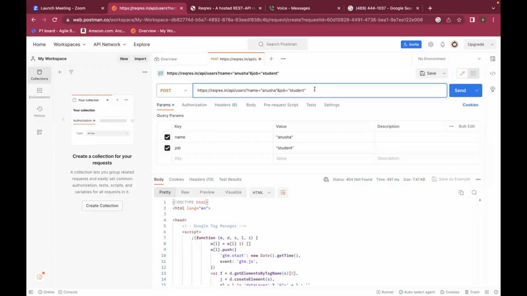If you modify the endpoint and send your request correctly, the API will respond, not a problem. But here, the student has changed the endpoint. They have literally changed the endpoint. You are trying to access something that is not even present with you. You can access only request.in/users where name is equal to so and so, job is equal to so and so. This is what you have written. Very good. But is this the correct endpoint? No, this is not the correct endpoint. You are searching for the wrong thing at the wrong place.